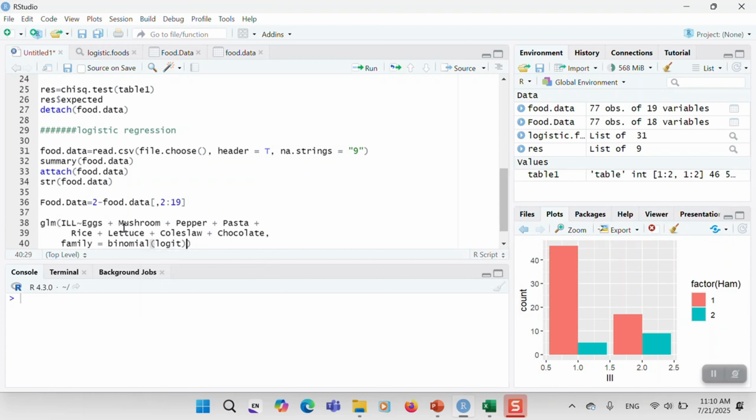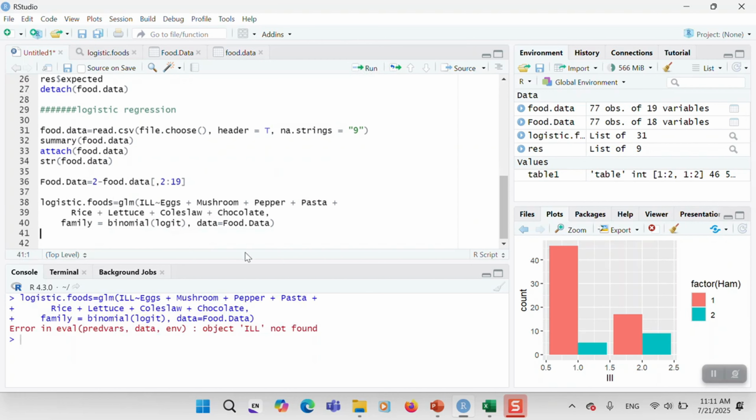So we're telling R to use food.data, right? So the data here is going to be food.data. And then I'm going to save this in an object, for example, logistic.foods. Then run. Okay, so now if I take a summary